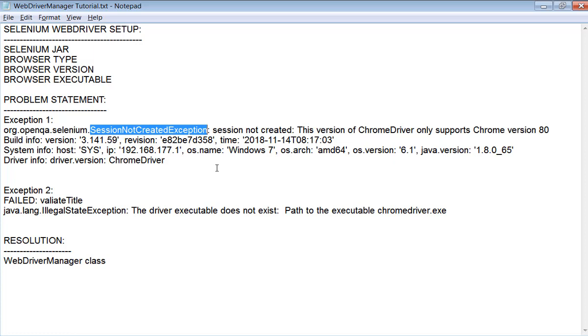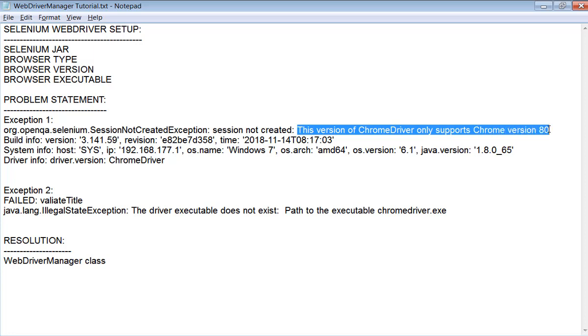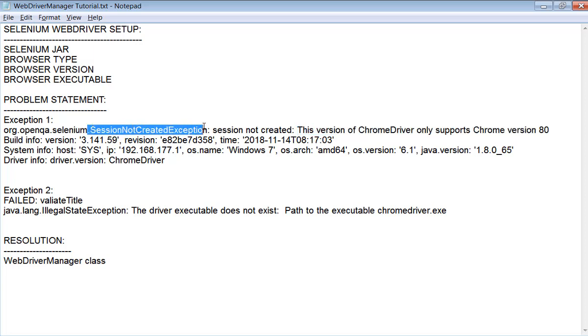This exception comes when this version of the Chrome driver only supports Chrome version 80. It means, suppose our Chrome browser version is 84, which is the latest now, and we are using a Chrome driver executable file which is an older version, it is unable to communicate with the browser, so we get session not created exception.